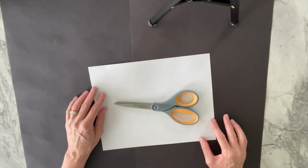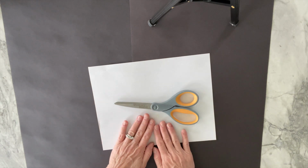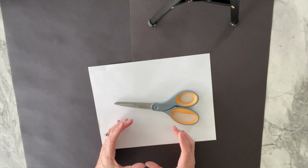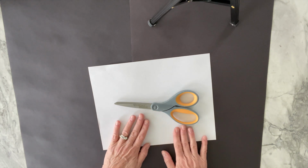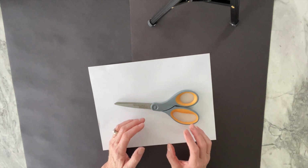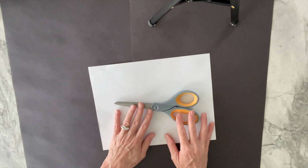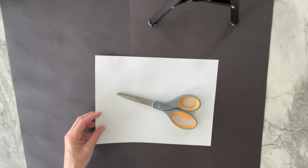Think about it this way. A square is 2-dimensional. It's flat. A cube is a form. It's 3D. A circle is flat. It's 2-dimensional. A sphere or a ball is 3-dimensional. Therefore, it's a form. I'm going to show you today how to make a box out of a piece of